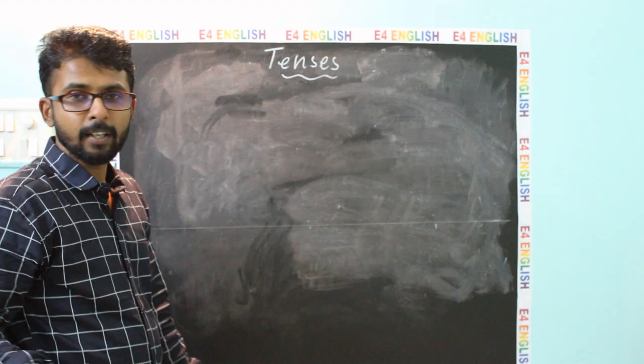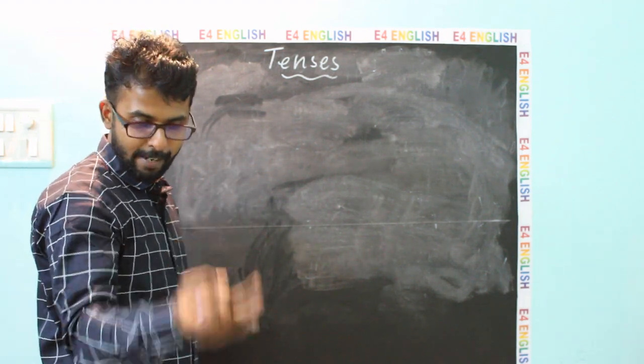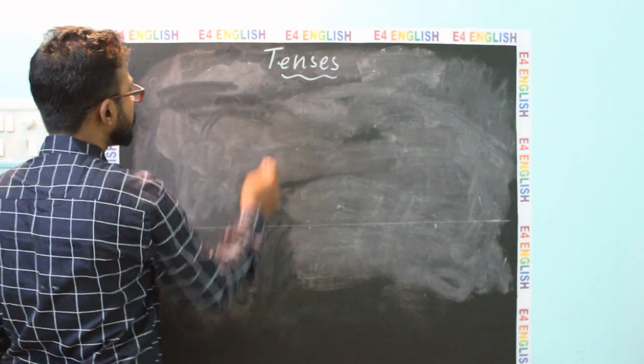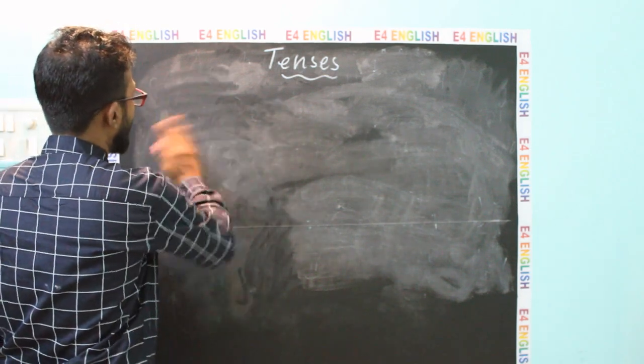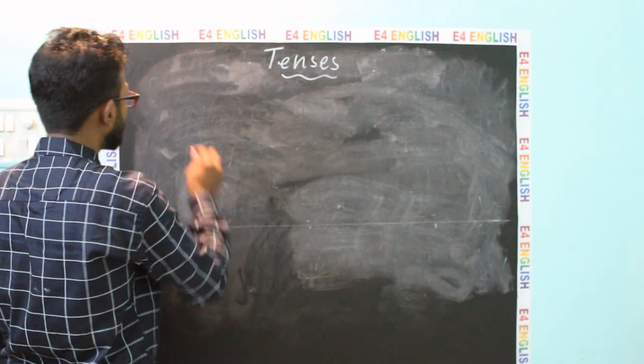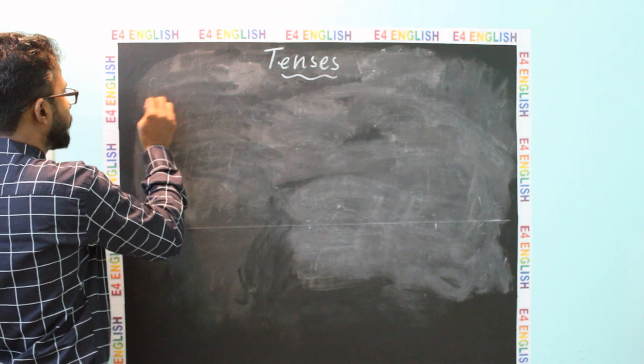Each tense is again classified into simple, continuous, perfect, perfect continuous, right? So here I am going to give you an easy method. That means all the presents I am going to give you. So here